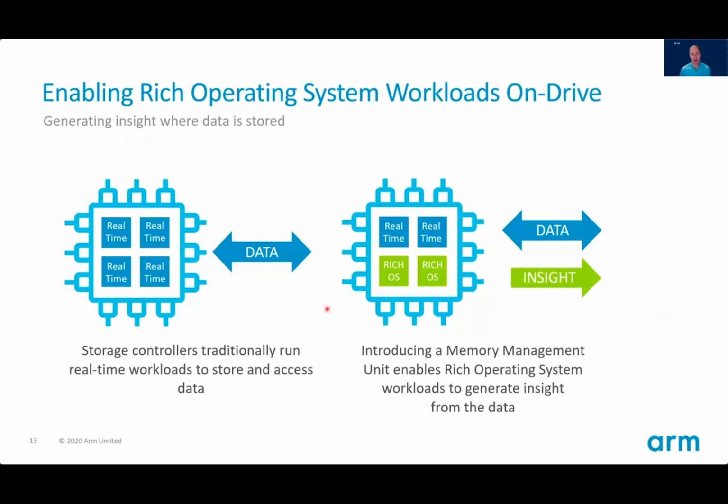So kind of extrapolating a little bit, if we look at this picture here on the left, we essentially have our controller with 4 real-time cores showing, and that traditional SSD takes all of the data that's stored on the media, sends it across to the host, and the host does the processing. With computational storage, over here on the right-hand side, we want to be able to take the controller and allocate some of the cores for doing computation right on the data. Of course, we still need to be able to send all the data to the host if necessary, but we want to extract the insight right from the data, find what we're looking for, or perform the operation, and just send the results, send the insight to the host CPU.